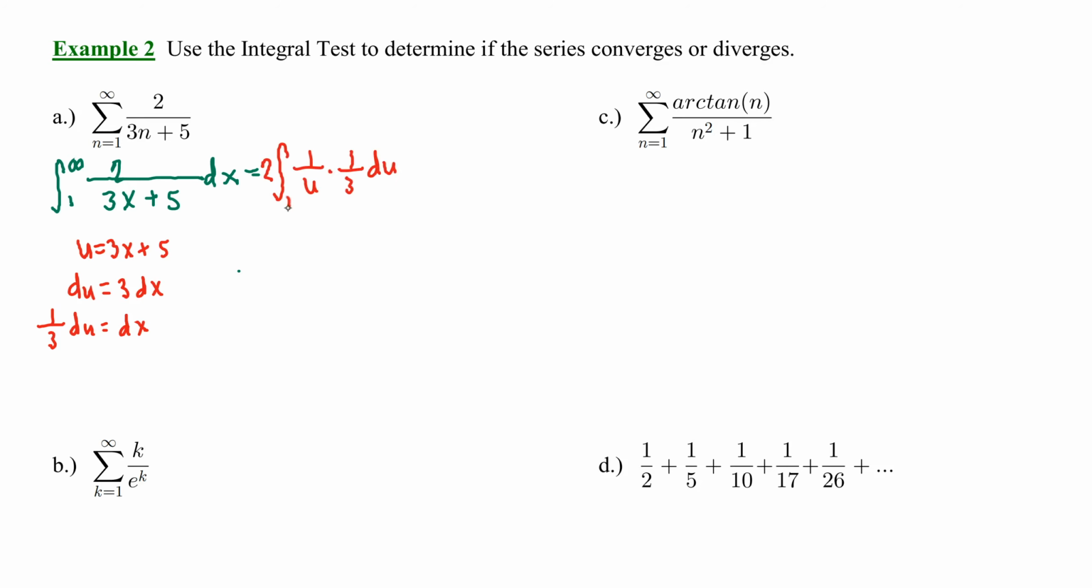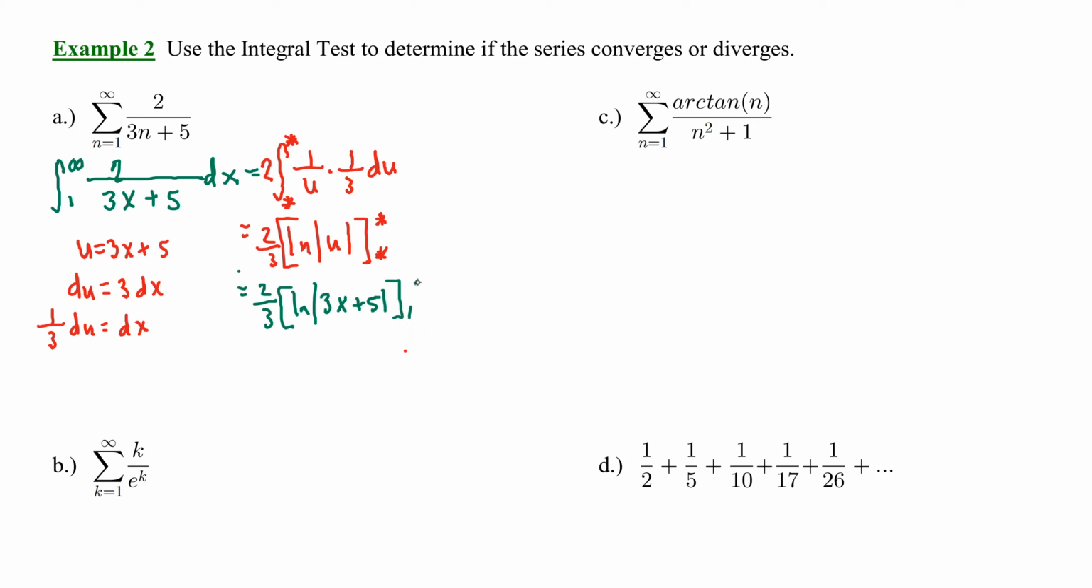Now this is a definite integral, but I've switched variables. I'm not going to update my limits. I'll come back and recover the original variable. So when we integrate, we're going to get 2/3 times the natural log of the absolute value of u, and we know this has to be evaluated. So to evaluate it, I'm going to go back and pick up my original variable and the original limits of